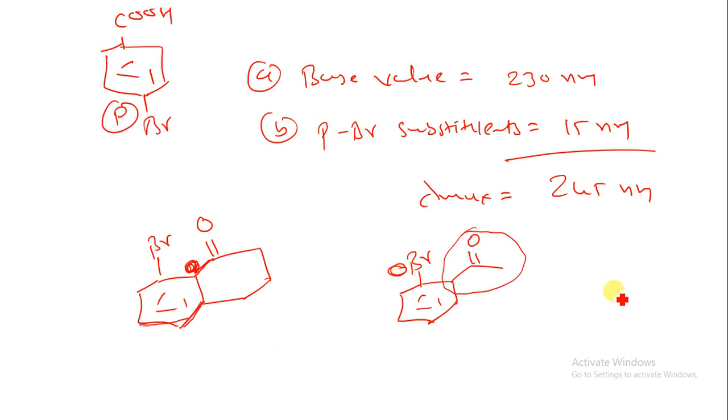In the earlier case I am having this type of structure, and this is my ring system. At that time, this is my ortho position and this is my meta position. So in that way you can consider it. You do not have to consider it as a ring. I am just giving one more example to find out the value.